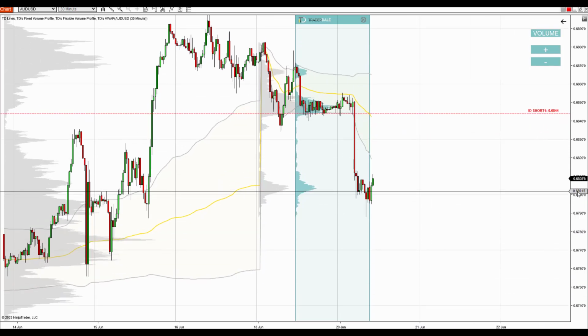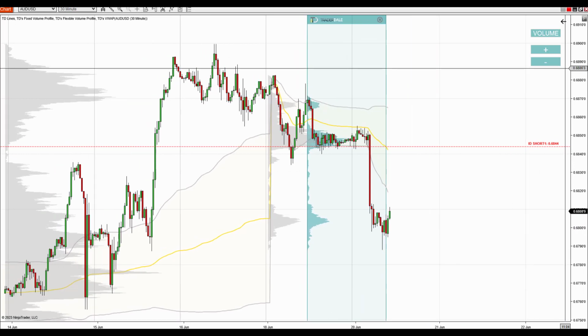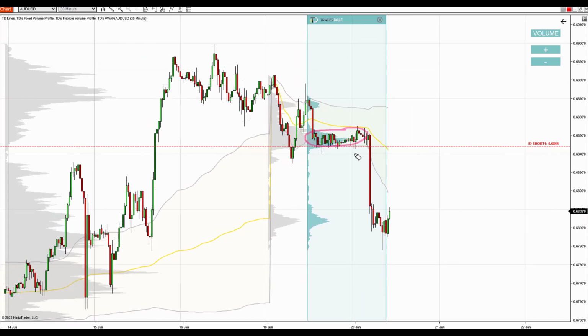With this setup, we want to see a rotation like this one, followed by a strong trend like this one. This is telling us that sellers were active here, accumulating short positions, and then they pushed the price aggressively downwards. They manipulated the price to shoot downwards. Now, this zone, the beginning of that heavy volume zone, is important for the sellers because they placed a lot of their shorts there, right? So when there is a pullback to this level at some point in the future, chances are that there'll be a reaction to that heavy volume zone,